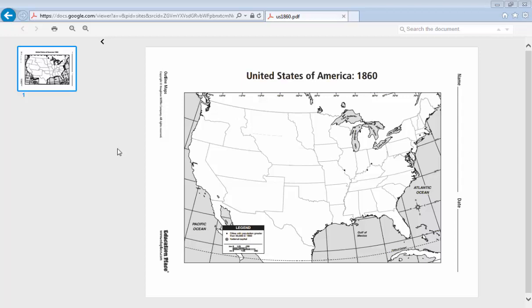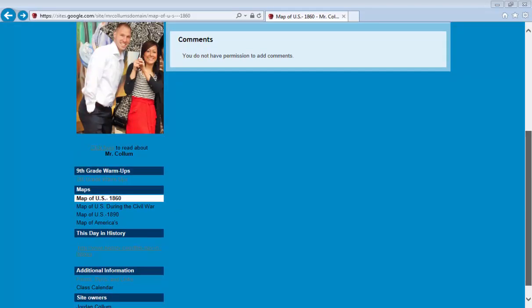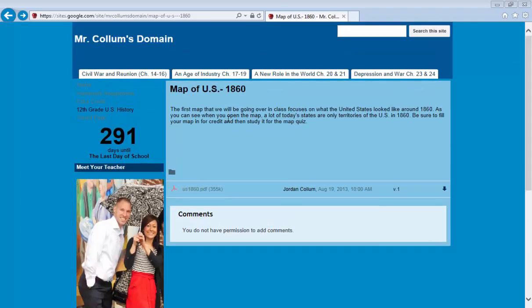Okay. The other reason is, let's say you have it at home, but you want to practice for the map quiz. Well, you can get on the class website, print off 3 or 4 copies of this, and practice 3 or 4 times. Just take quizzing yourself. Okay, so this is very useful when it comes to practicing, or possibly when you forget, which will happen, I guarantee it, at some point this year.